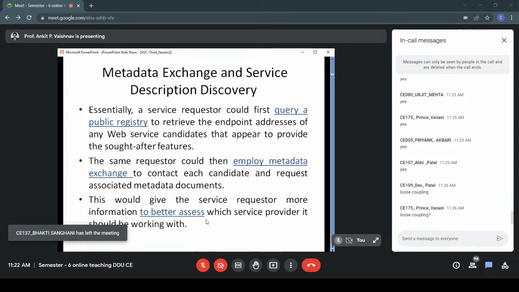Yes, loose coupling. We can't bind the requester with the provider from the first step. We want the requester to search for available providers and then connect to the appropriate provider. So we are having loose coupling by doing this. Loose coupling is the main issue that we need to manage when we are using this.